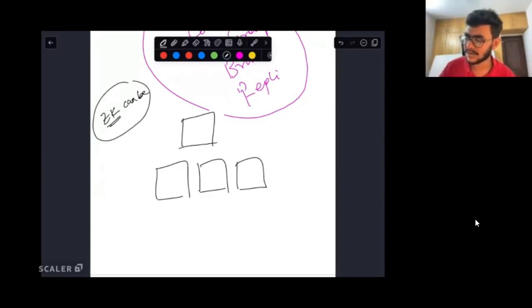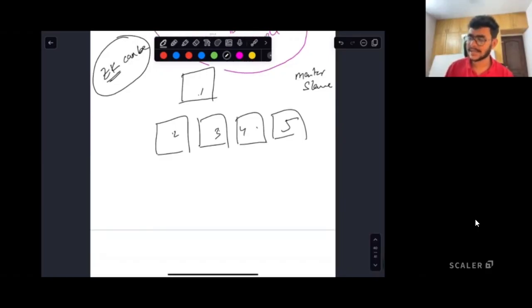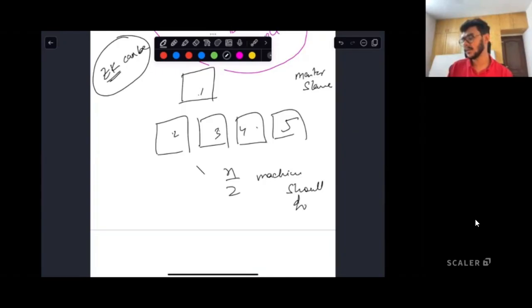In fact, Zookeeper does not exactly follow a master-slave architecture. What it does is, let's say there are n machines in the Zookeeper cluster. Let's call it 1, 2, 3, 4... 4 is wrong, let's call it 5. What it tries to ensure is that at least n by 2 machines have written the data successfully, where n is the total number of machines.